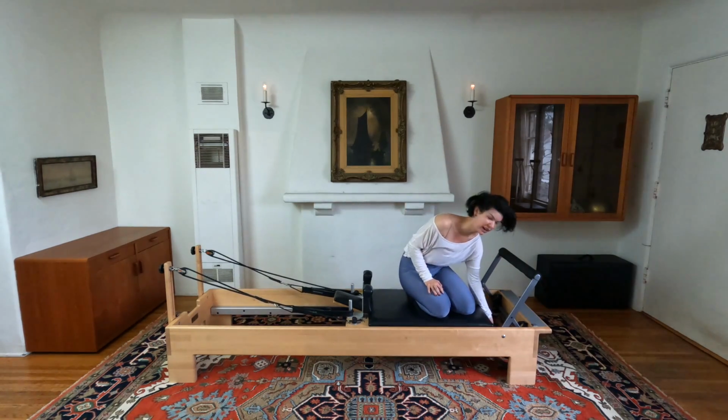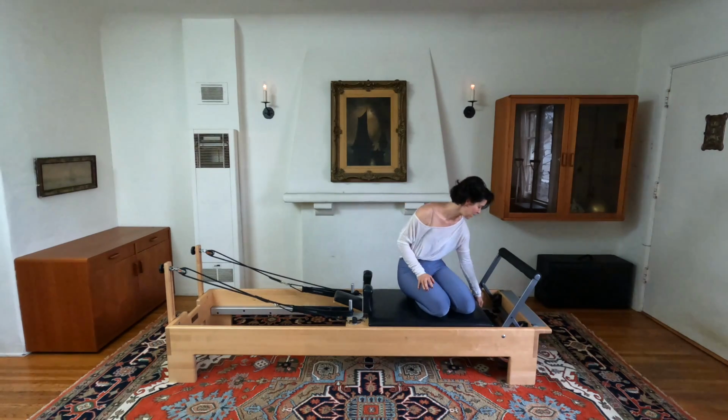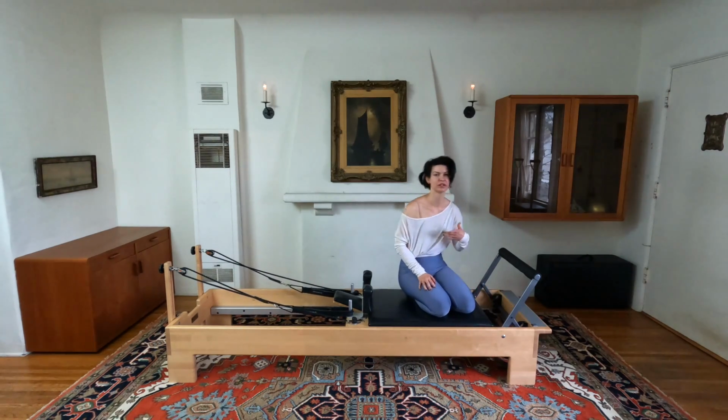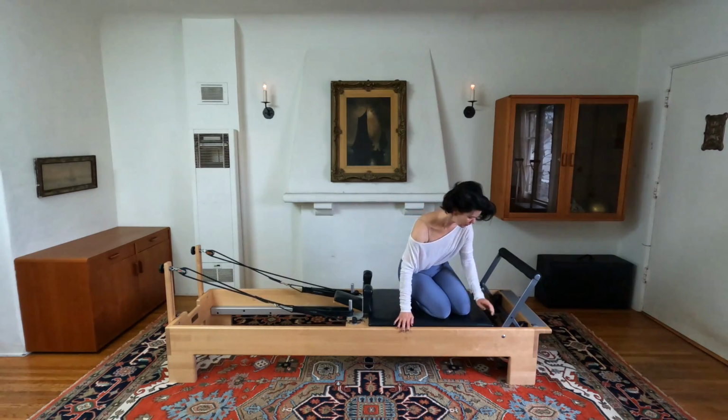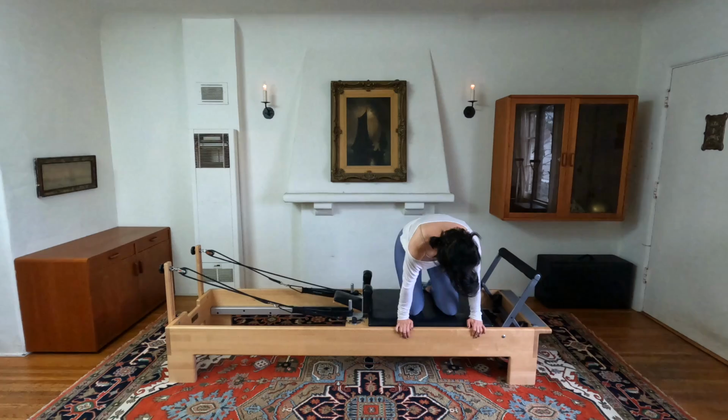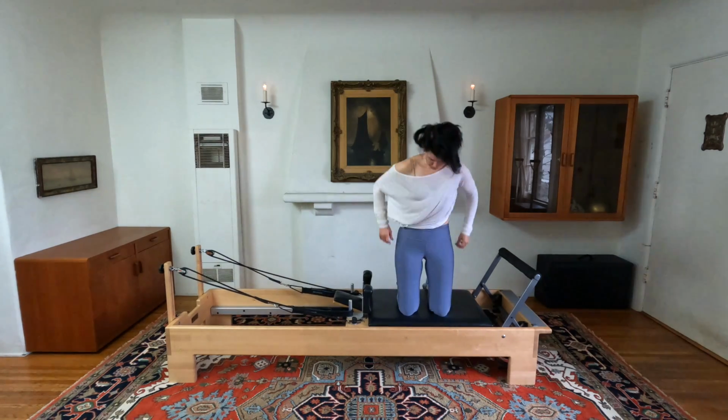A yellow is also great. If my neck is acting up, I will do this on a yellow because you get the lovely movement out of it and you can make yourself work a little bit deeper. But today I'm on a blue. Kneeling up directly in the center of the machine,